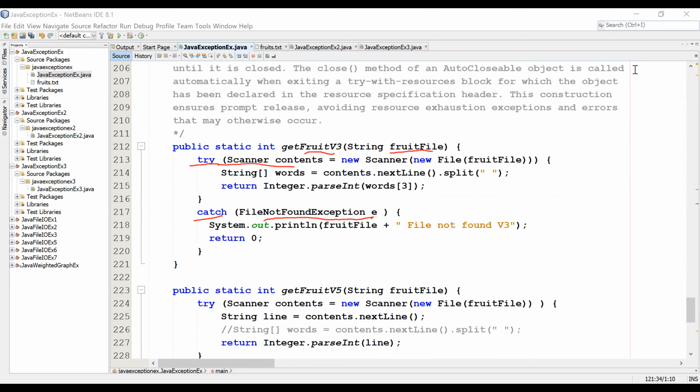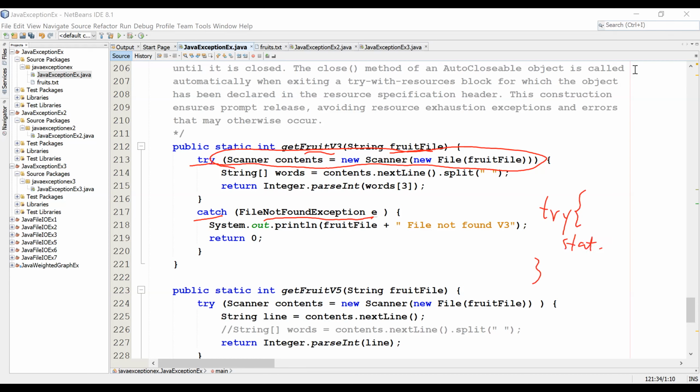But did you see the weird thing is this part? Previously we don't have anything. Generally you have try, followed by curly brackets,